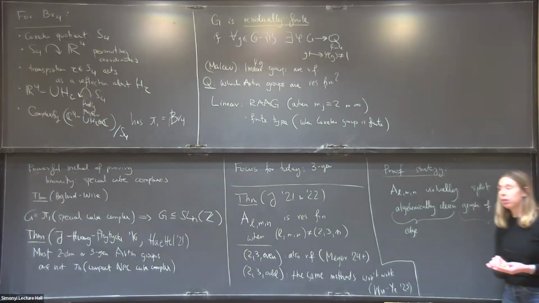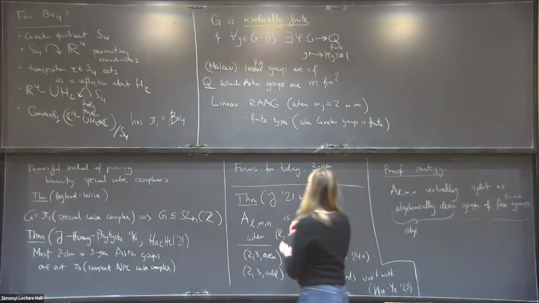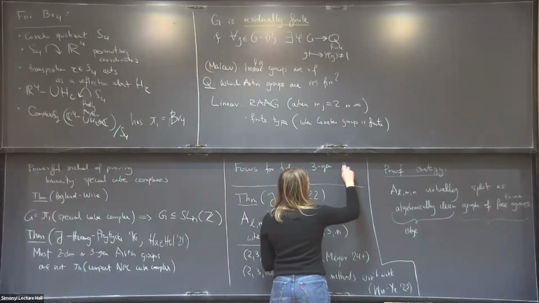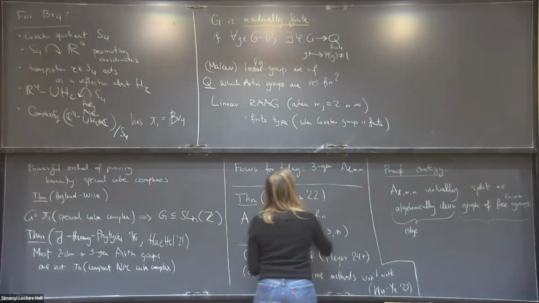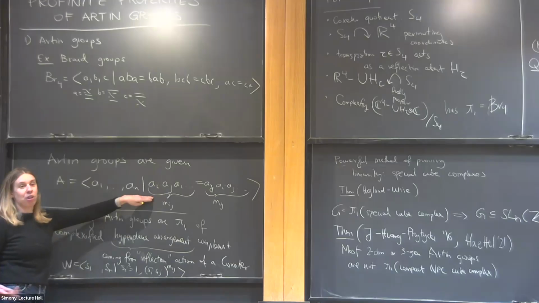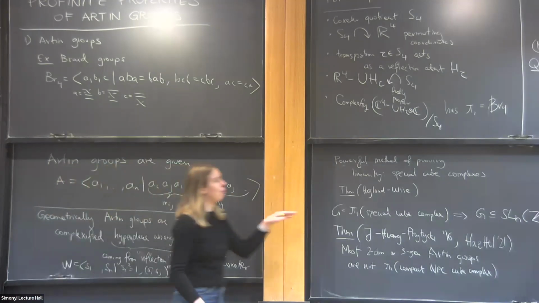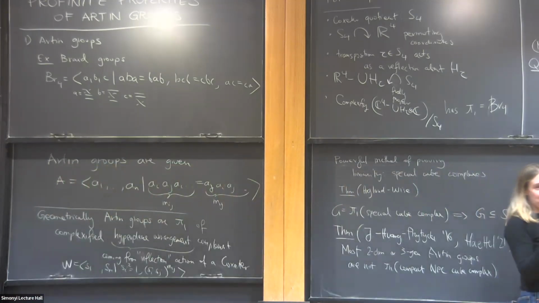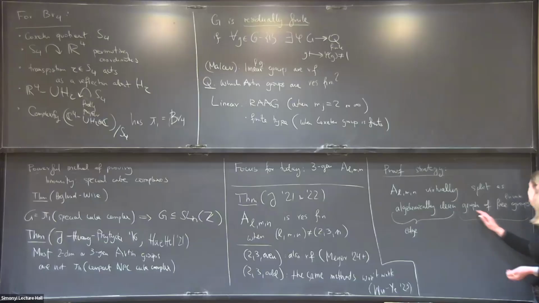What's this ALMN? No, this is just a 3-generator Artin group. So I have just 3 generators, and each pair has L, M, or N, those 3 numbers. Yes, thank you for clarifying. And so, graph, I mean, really maybe